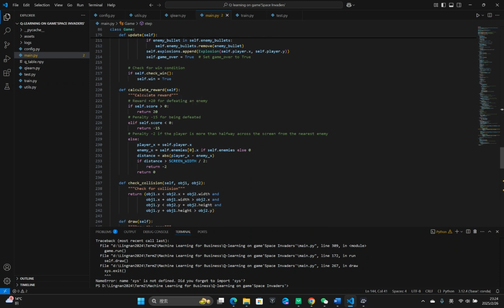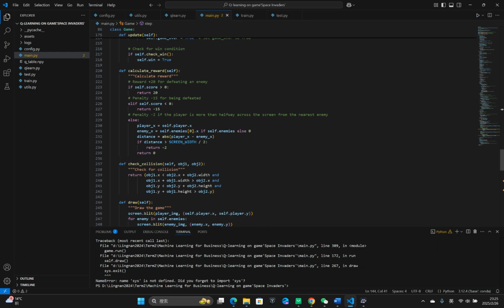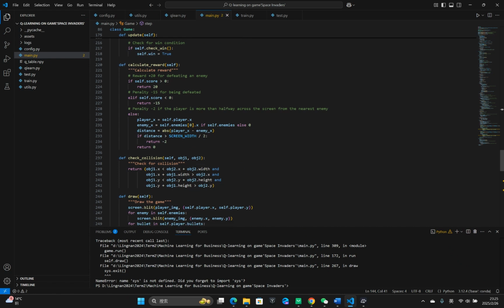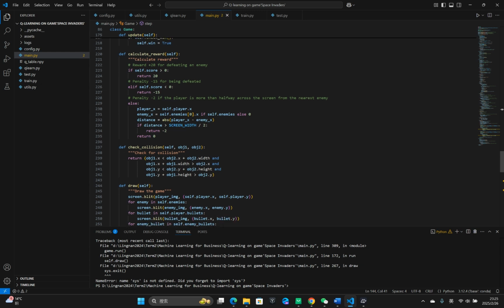For example, if you shoot the bullet and you kill an enemy, you will get a score of 20. And if you are destroyed by the bullet shot from the enemy, you will get a punishment of minus 15. And this will be an extra